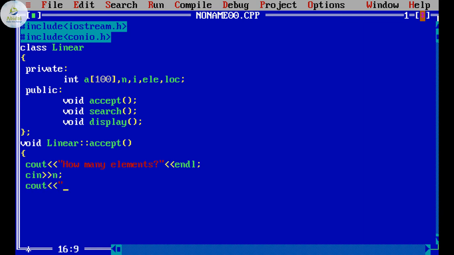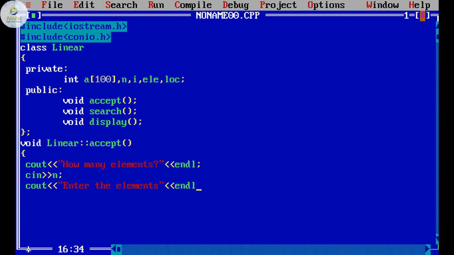Cout. Then we will have the statement, enter the elements. So those elements I need to enter.